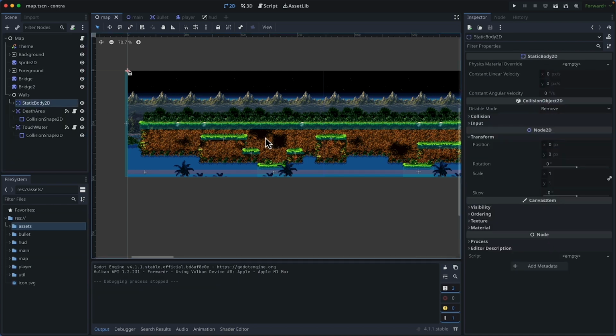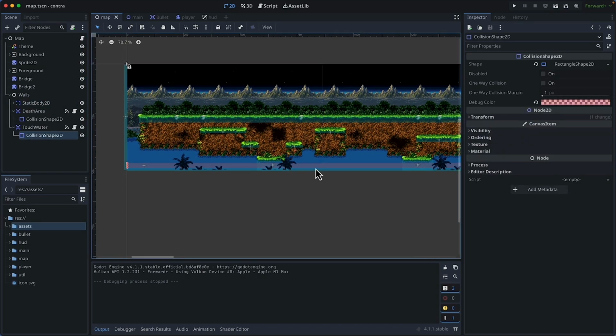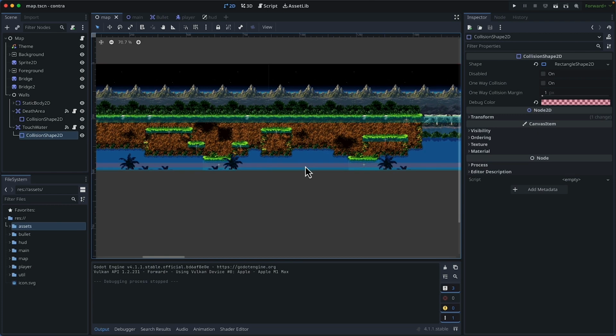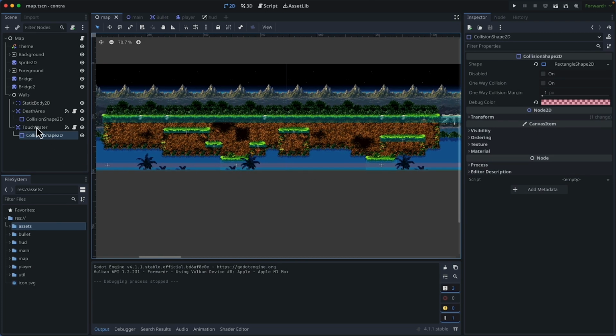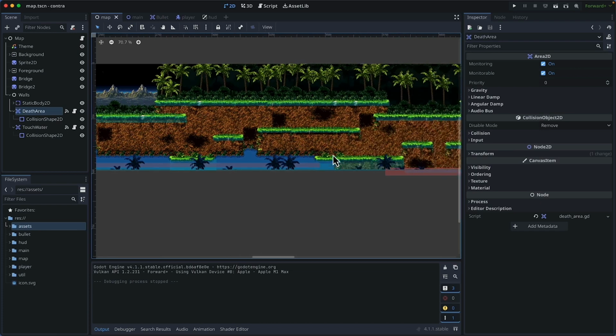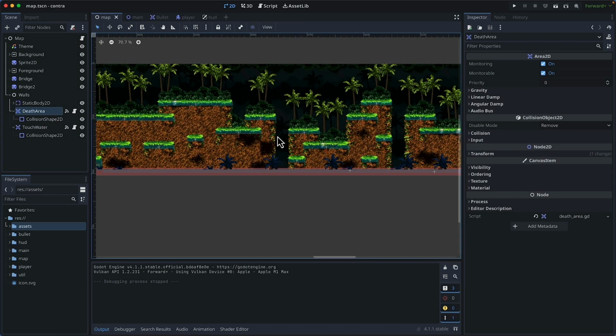Besides these StaticBody2D shapes, we also have Area2Ds. They are highlighted in semi-transparent red. We have 2 of them. The first one is touch water. When the player touches this Area2D, it is going to emit an in water event. There's also another one called death area. So this is where we capture the player when they touch the bottom of the game screen. In this case, we are going to emit a death signal so that we can play death music and also